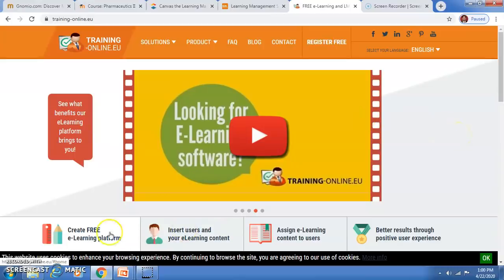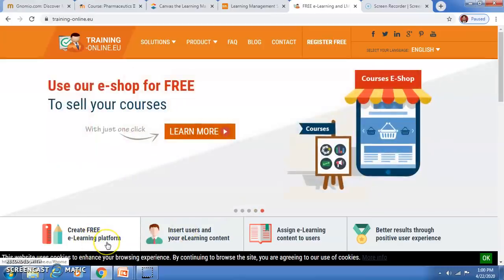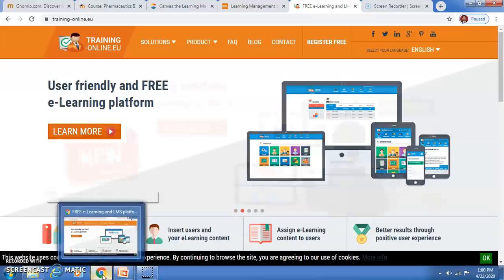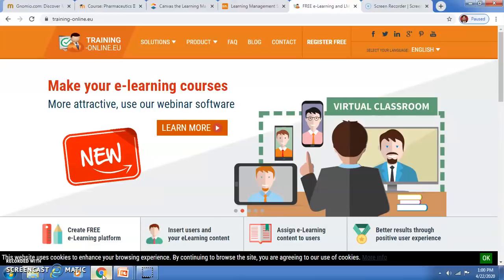Here also you can create a free e-learning platform. So if you want, you can explore all these softwares, but Gnomio Moodle is a time-tested software which you can run for your students for running the course.